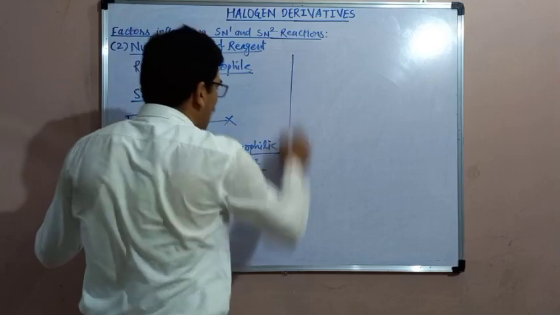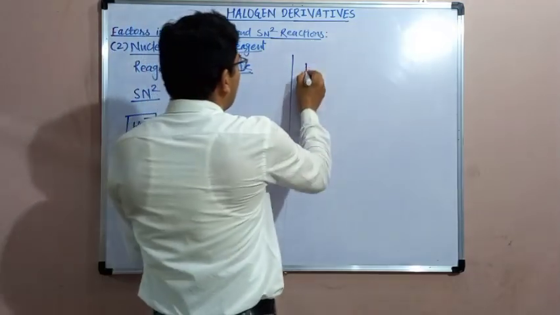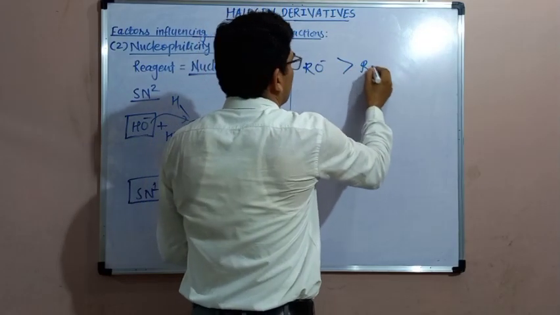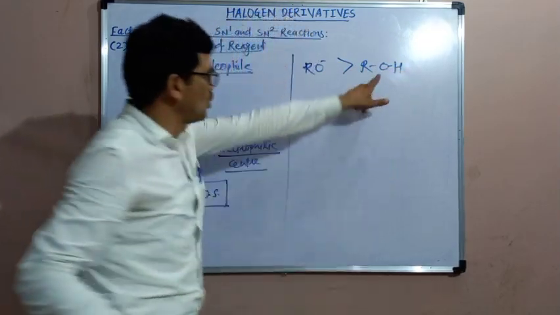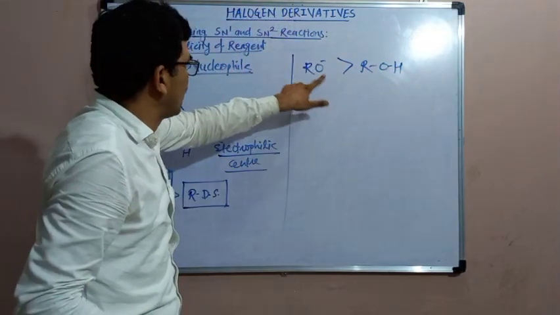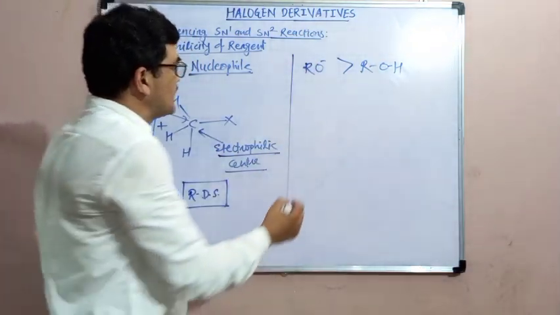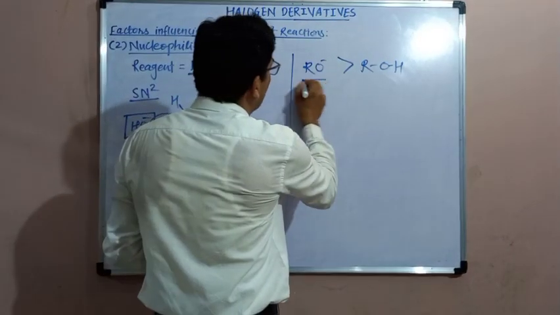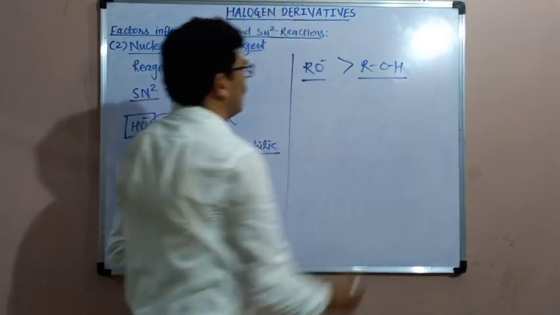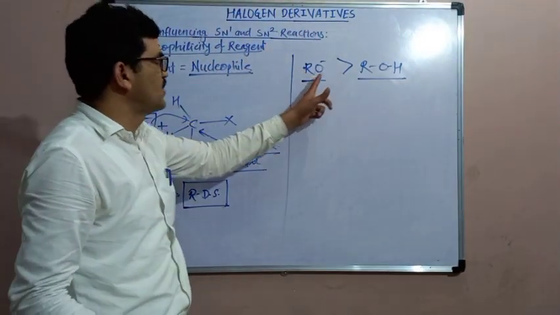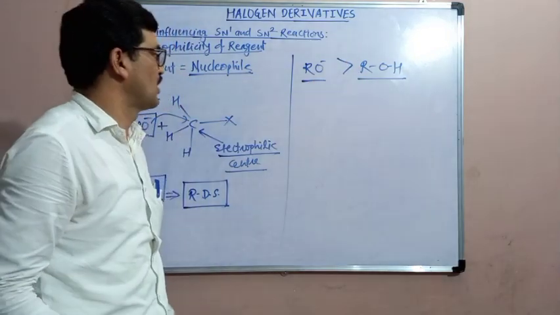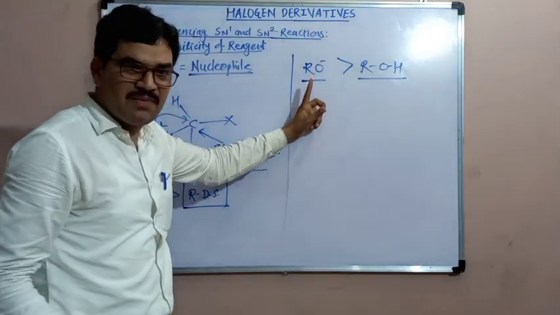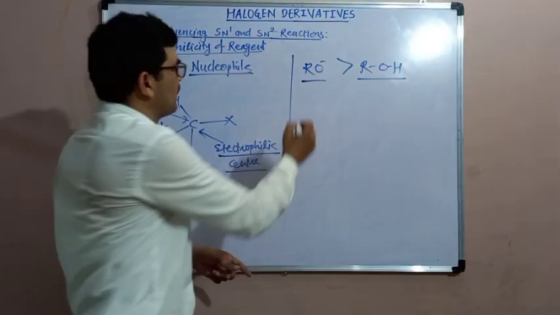Now here, among the nucleophiles, an anion is a stronger nucleophile than its conjugate acid. For example, alcohol is ROH, and its conjugate base is RO negative, that is the alkoxide ion. When we compare their nucleophilicity, it is found that the alkoxide ion is a stronger nucleophile than the corresponding alcohol. You should know here about conjugate acid: it is nothing but the acid which is obtained by the combination with H positive.